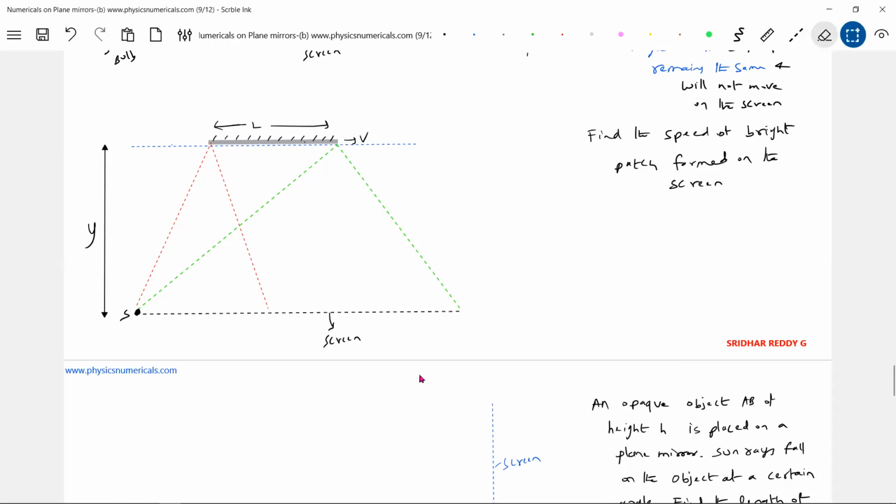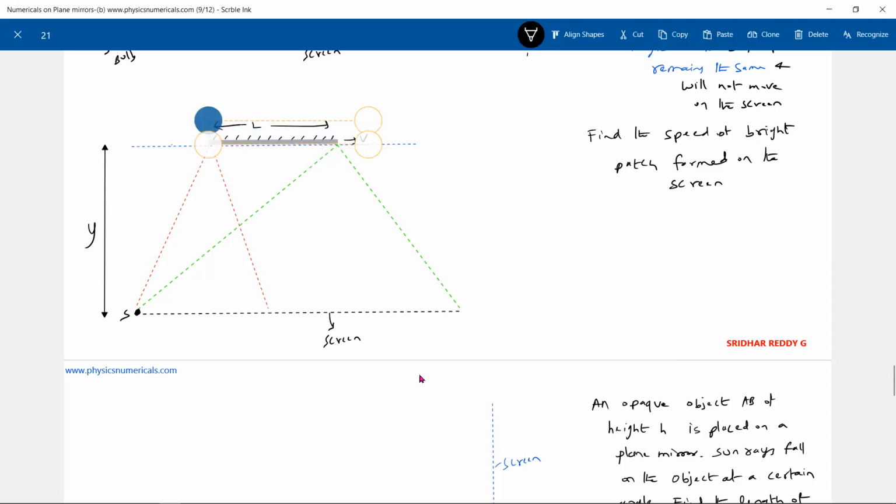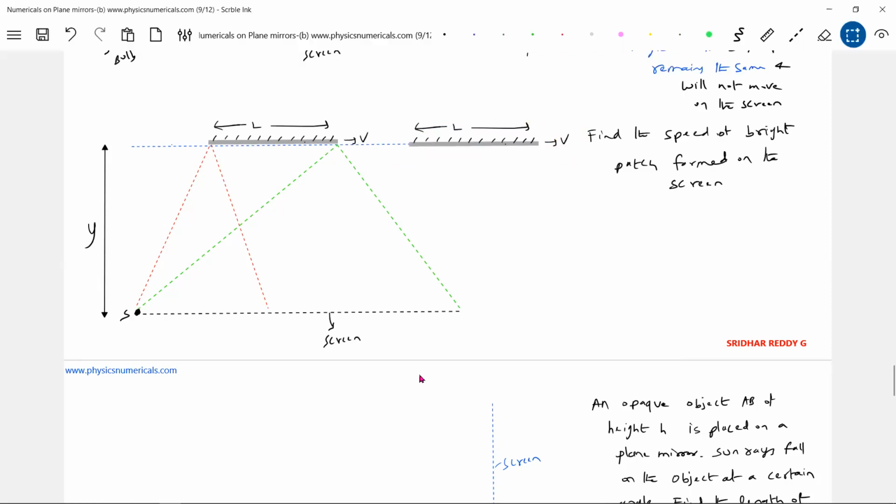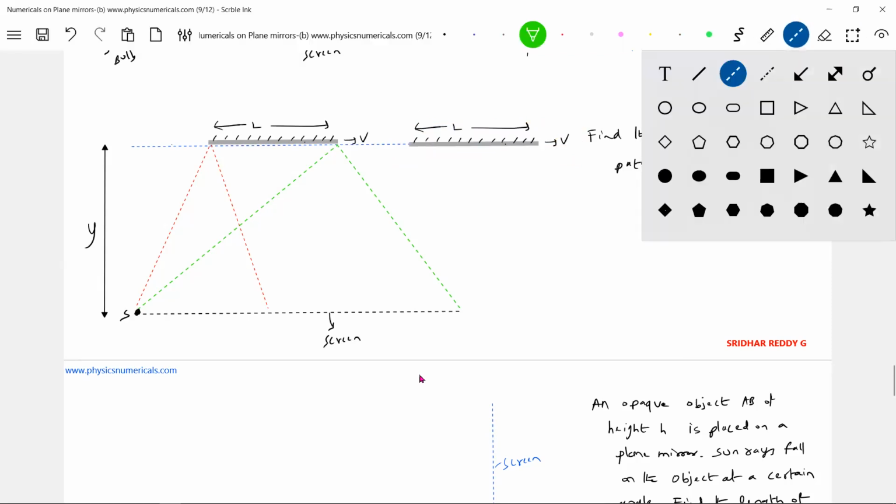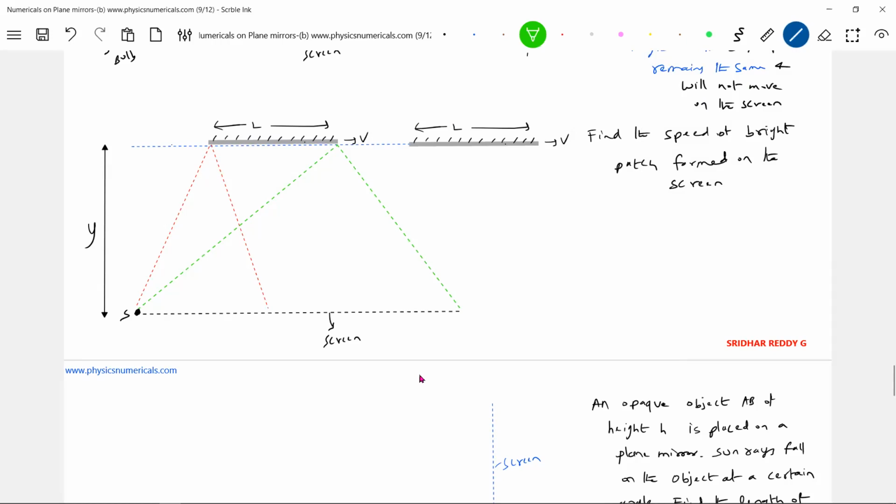Now the mirror, I'll shift it. It will occupy the new position. So let me take the solid lines for the new position. So first they will strike the